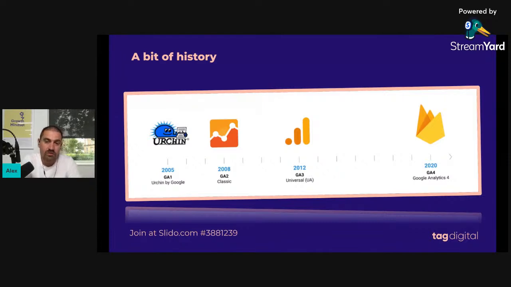Since August 2006, the service has been fully available for all users, whether they use Google for advertising or not. The interesting fact here is that we all know, or I assume we all know, and have at least heard of UTM tracking codes. These are the parameters we put on our links, but UTM actually stands historically for Urchin Tracking Module. That comes from 2005 and is still in place.